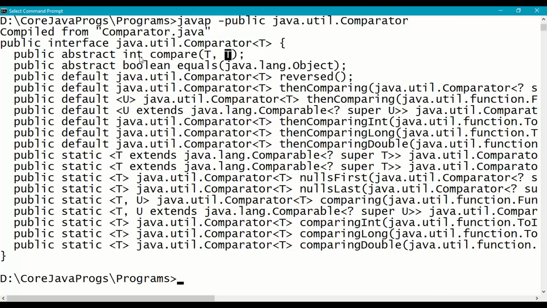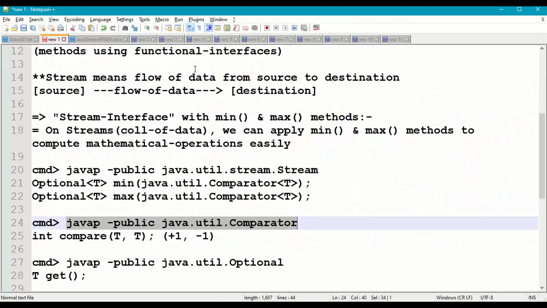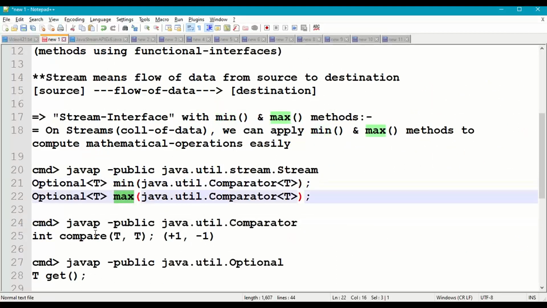It will compare both of them and return +1 or -1. +1 means first object is greater than second object, -1 means first object is less than second object. We have to redefine this as an input parameter to our min method and max method. We can redefine this using lambda expression or method reference.